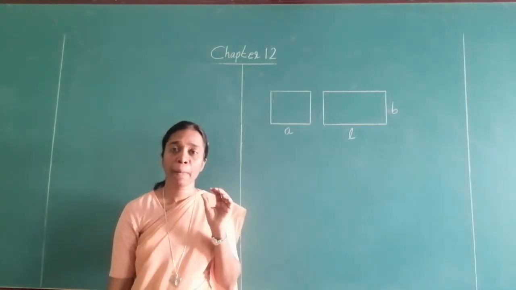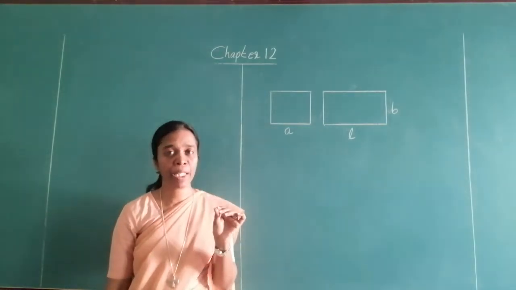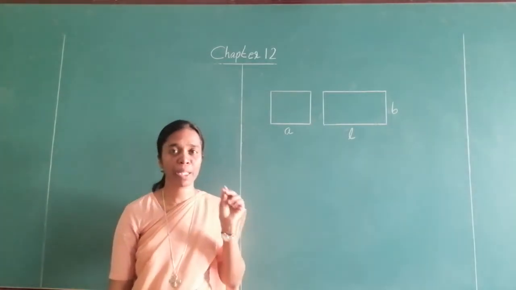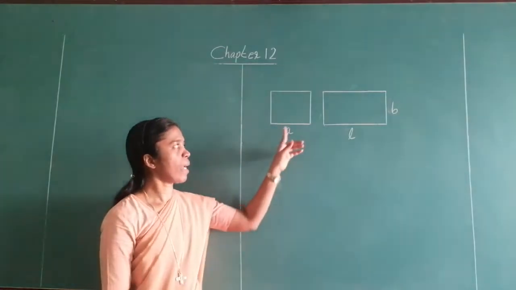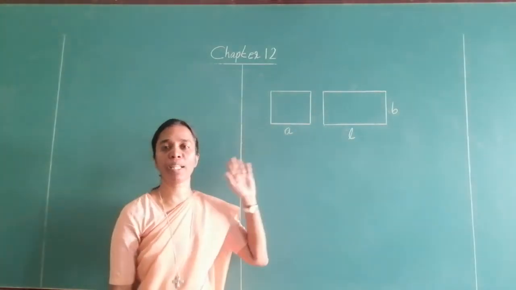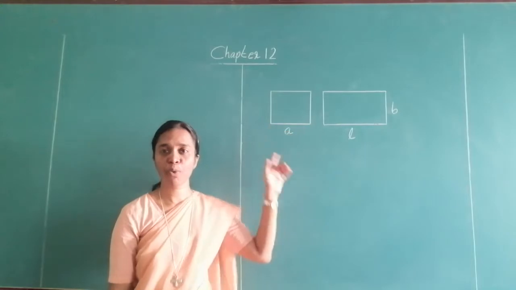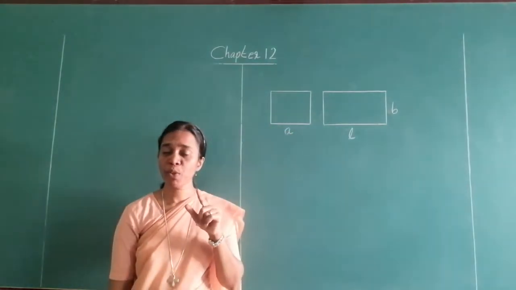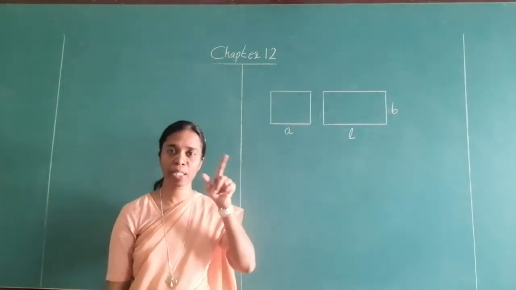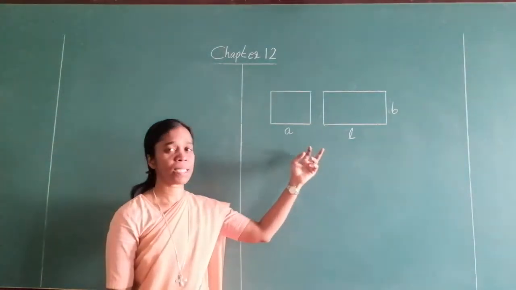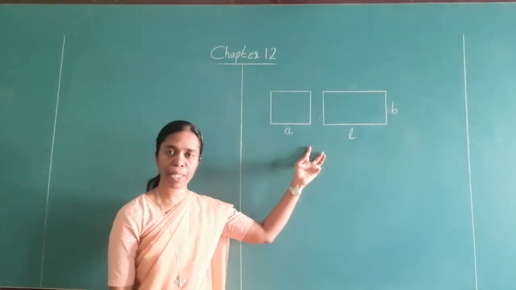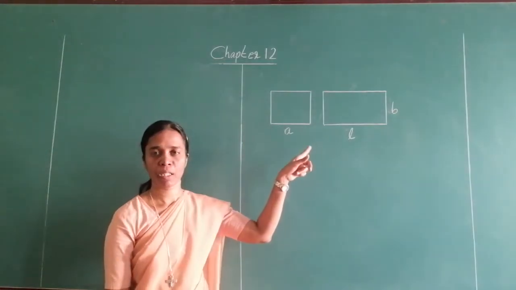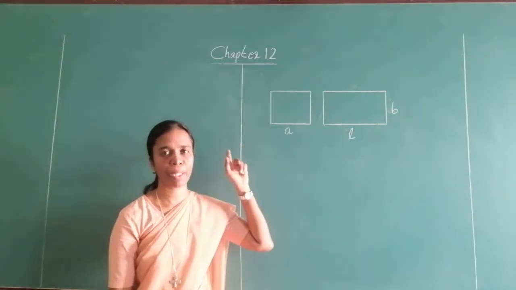If it is a polygon, that is a many-sided closed figure, how do you find the perimeter? Just add the sum of all the lengths. Add the measure of all the lengths that are given to you. Then you get the perimeter. If it is a circle, you have to find the circumference. For a many-sided closed figure, we call it perimeter. Please remember, perimeter is only the boundary length. Boundary length is called perimeter.